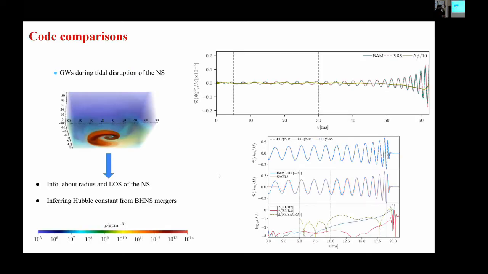Okay, so now having this conditioned initial data, we evolve it using BAM, and then we can do code comparisons among other groups which have evolved the same system, but using different initial data and also different methods for evolving. For example, a BAM and SXS comparison is shown here. Like I mentioned, the SXS collaboration has excision initial data, and they also use excision techniques to evolve their data on the spectral grid that they have.